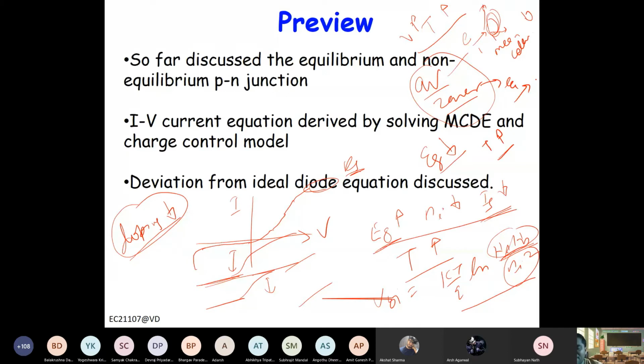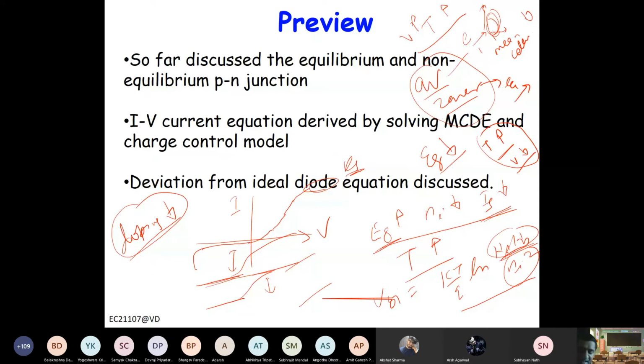So now if the band gap is reduced, is it easier to pull away the electron or difficult? It is easier, right? So that means the voltage required for breakdown is reduced. As you increase the temperature, the breakdown voltage decreases. So Zener breakdown has a negative temperature coefficient. That is the way to find out whether this breakdown is avalanche breakdown or Zener breakdown. Avalanche breakdown has positive temperature coefficient. Zener breakdown has negative temperature coefficient.